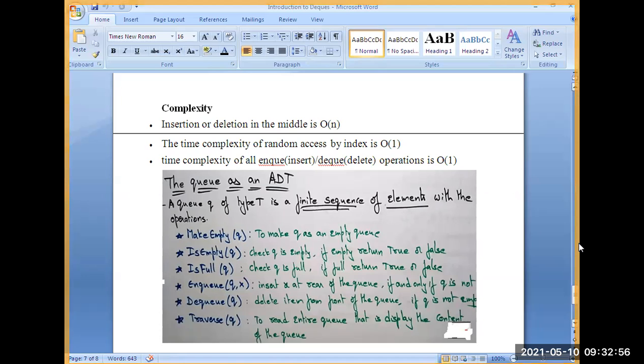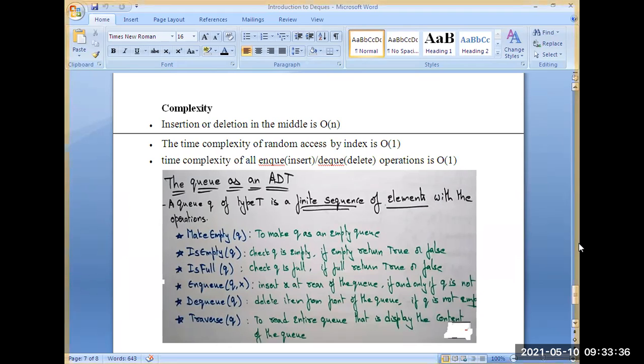What is the queue as ADT? Queue as ADT means the queue contains some operations that are performed on data. So ADT is a set of data and operations regarding that data. Here we are considering operations only, but we hide the implementation.